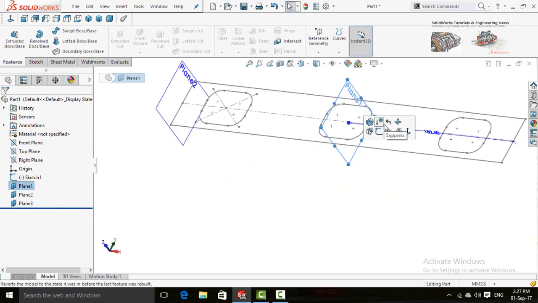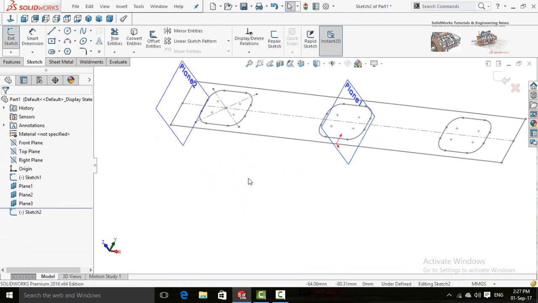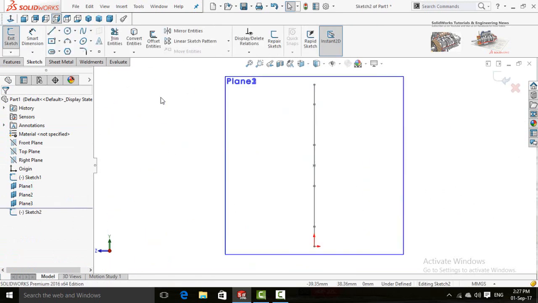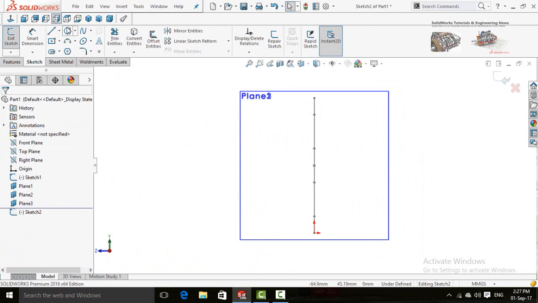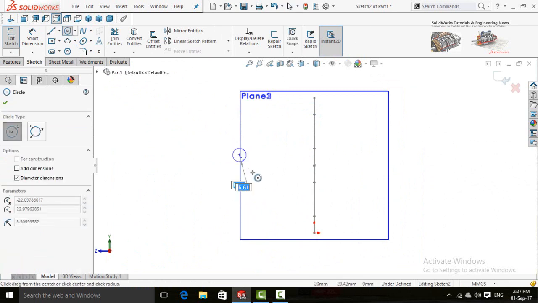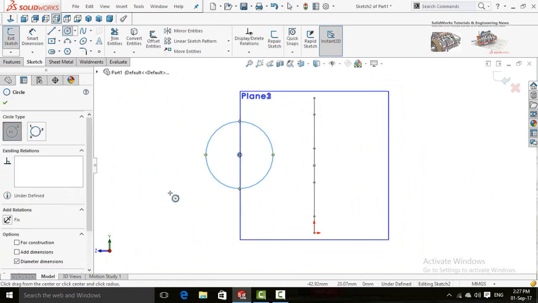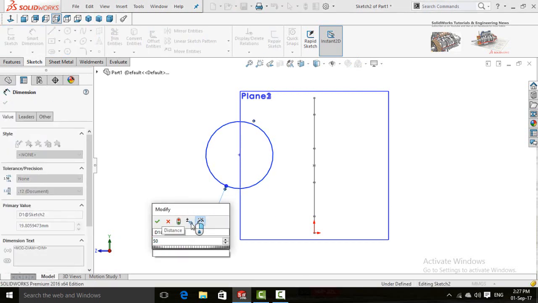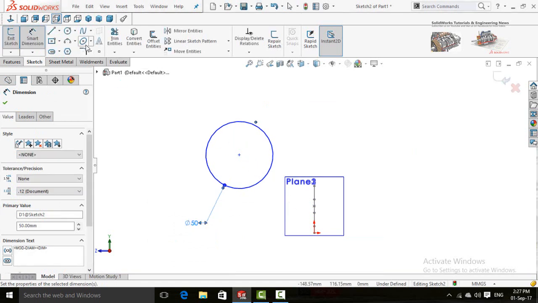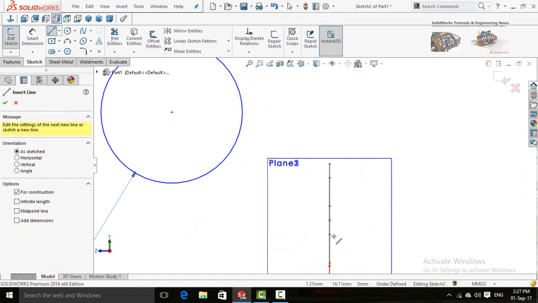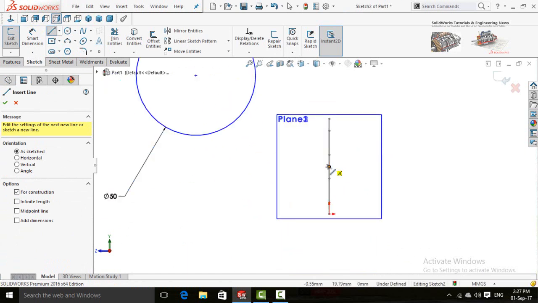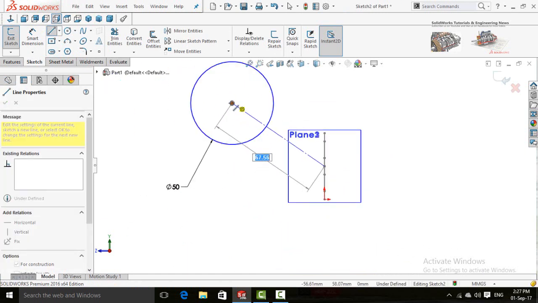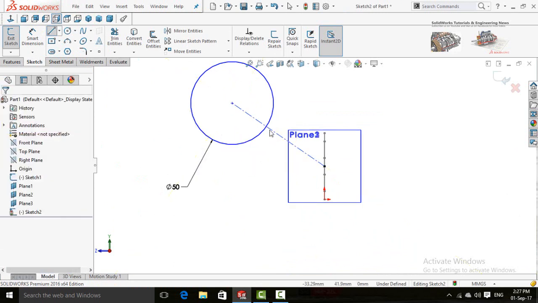First of all, sketch on plane 1, make normal to, and draw a circle. Now define it: 50 millimeter. Select center line and draw it from this midpoint to the center of this circle.